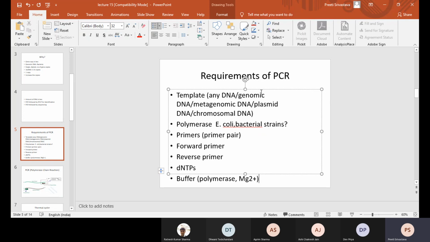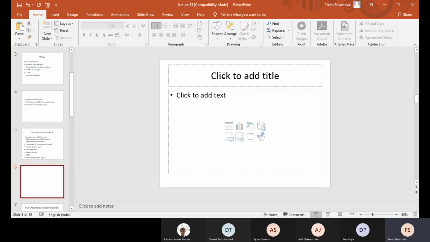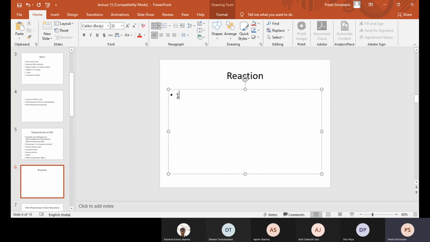Okay, class? So when we set the PCR reaction, the components are: you need to add template, you need to add the primers, I will write this as FP and RP, forward and reverse primer, right? And then you will have buffer. Buffer is 10x, but we use 1x. And then you make up the volume with milli-Q or double distilled water.